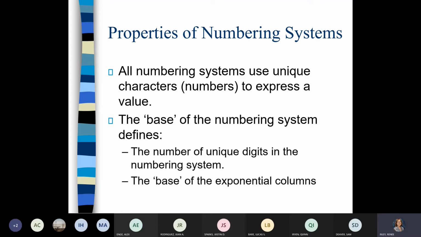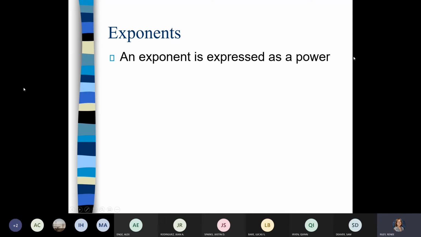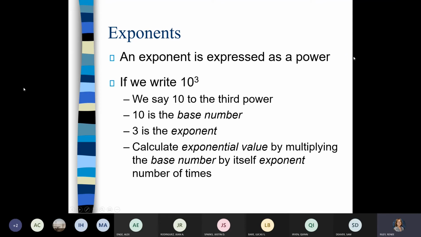They use these unique characters, numbers, to express a value, right? We just write it down. And the base of the numbering system, decimal being base 10 and binary being base 2, the base of the numbering system defines how many different unique digits we need to keep track of some sort of information. And the base of our columns. Whenever we're talking about numbering systems, it's important for us to back up a little bit and talk about